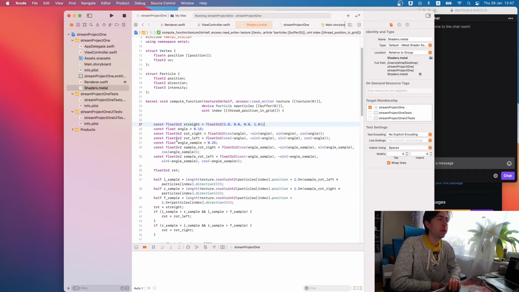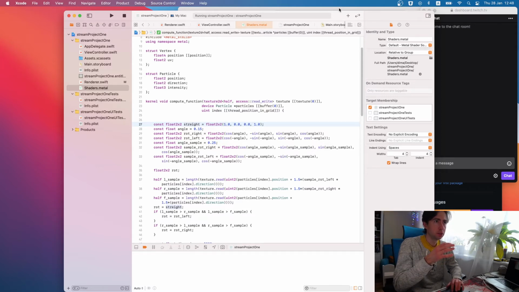So here we have some matrices defined, like this matrix is kind of an identity matrix for moving forward. When I apply this matrix to a directional vector, it will not modify it.